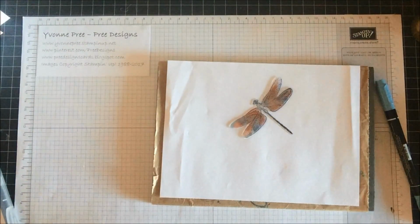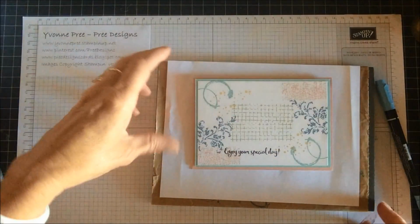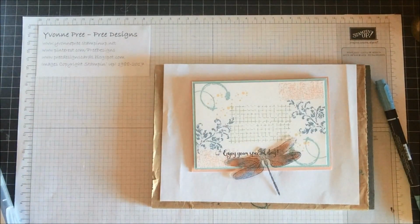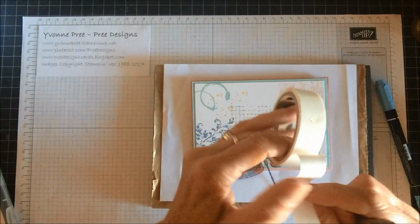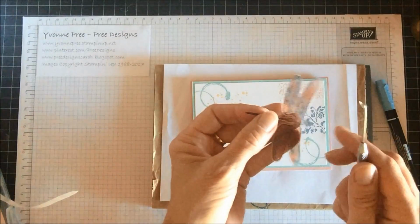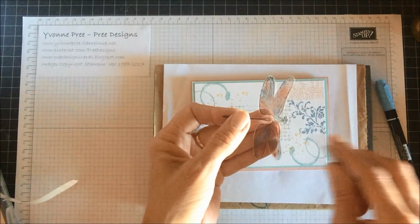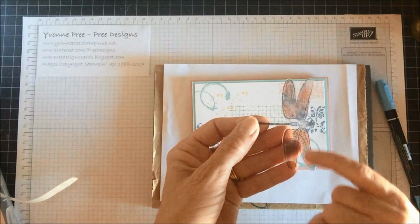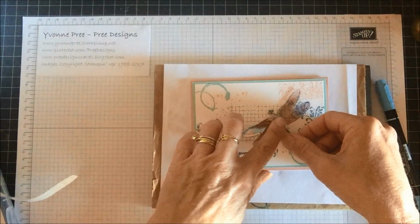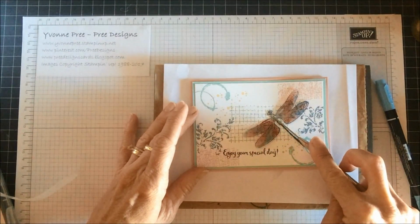All right, now to finish off the card. So bringing back, oops, the bee just flew back in. Bringing back my card front, I need to attach my dragonfly to the card. So I'm just going to pick up a paper piercer to pick up a Stampin' Up! Glue dot. And you need to adhere the glue side down to the card front. So I'm just popping a glue dot onto the dragonfly body, and this is the glue side. If you don't, and you put your card in a plastic sleeve, it may actually pull the glue off the dragonfly wings. So just pushing that onto the card front,